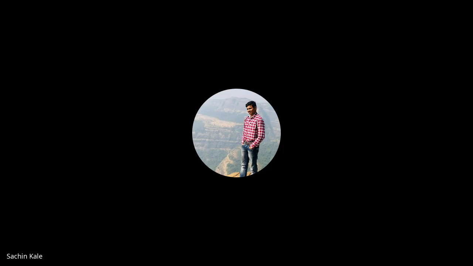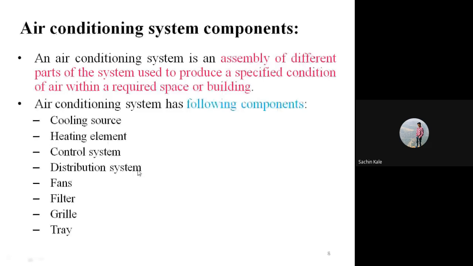Then the distribution system, that means equal distribution. For equal distribution we are using the distribution system. Fans will be there, filter will be there, grill will be there, as well as tray will be there. So those are the various components of which any air conditioning system is made up. Here,